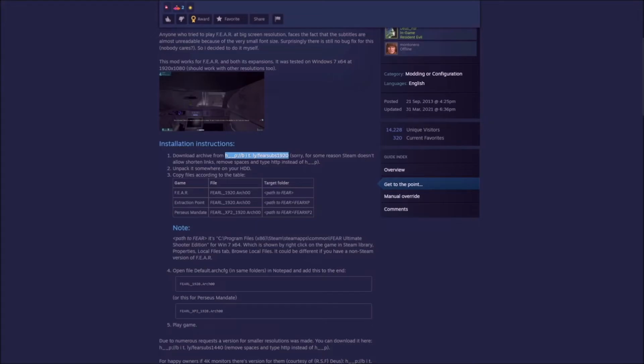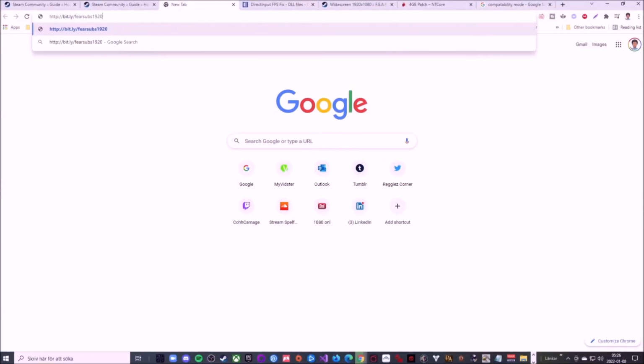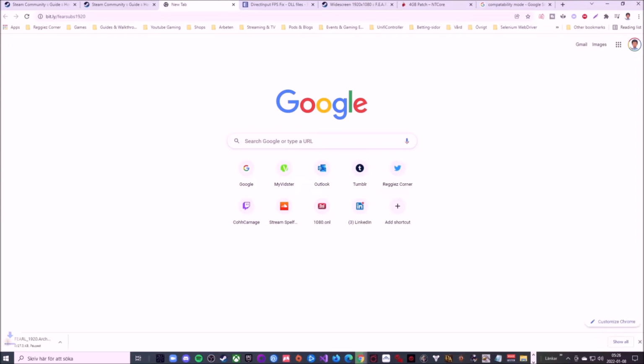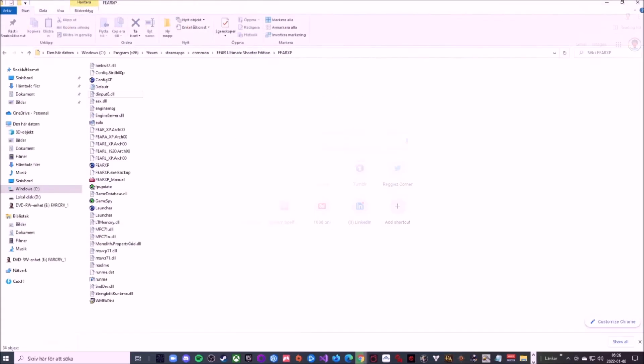It's not fully written out, so we'll go over what it actually should look like. It should look like this: HTTP bit.ly F.E.A.R subs 1920, and when you execute that URL, this file should download, and then you can unpack that at whichever place you want to pick. Now, when you have unzipped it, you should have this file right here,